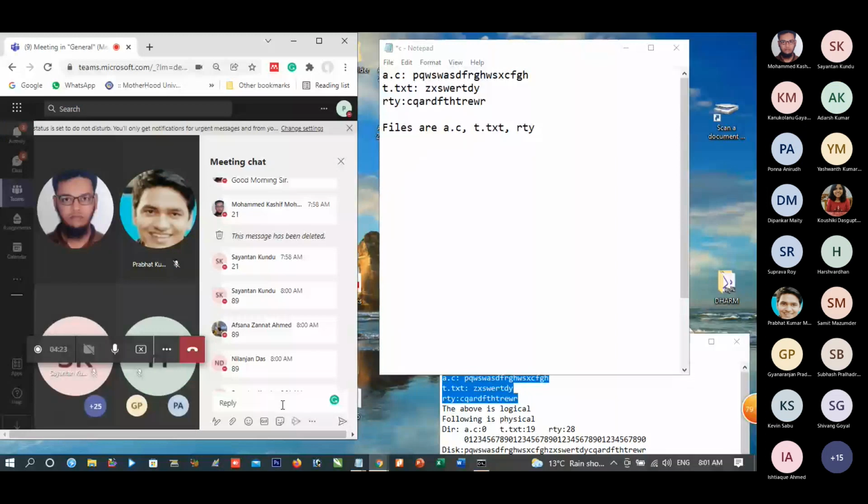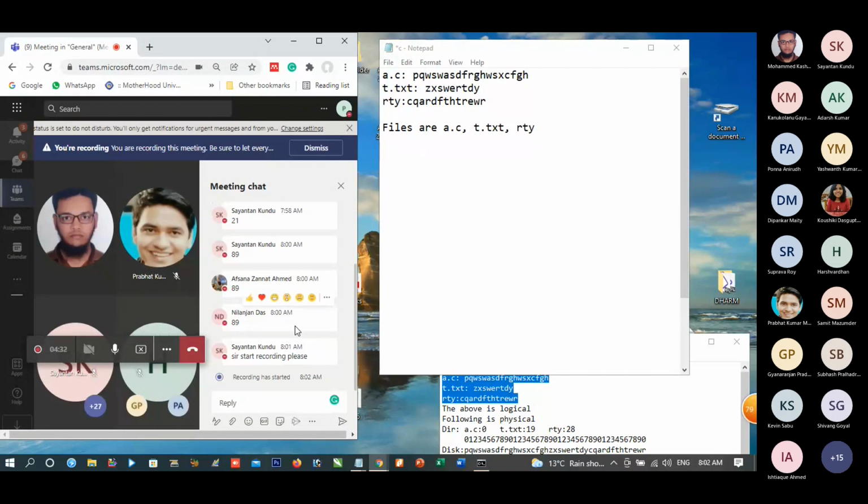And their file contents are also given. Whole information cannot be stored in main memory. Main memory is relatively small, and to store big files, main memory is not sufficient.